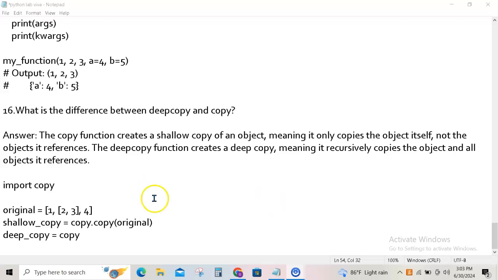So if we call import copy and then original equal to [1, 2, 3, 4], shallow copy equal to copy.copy(original), deep copy equal to